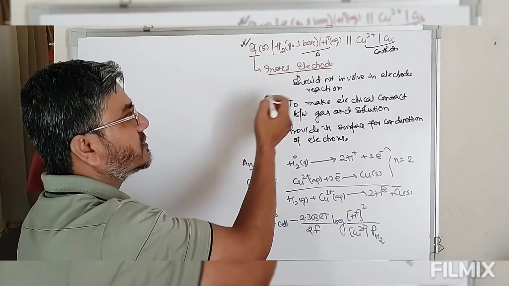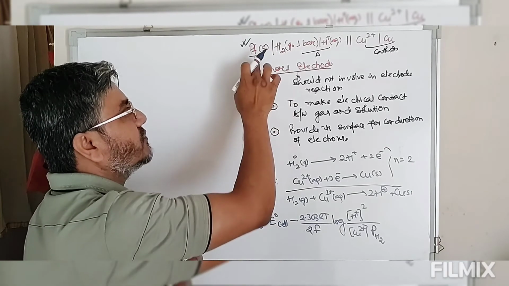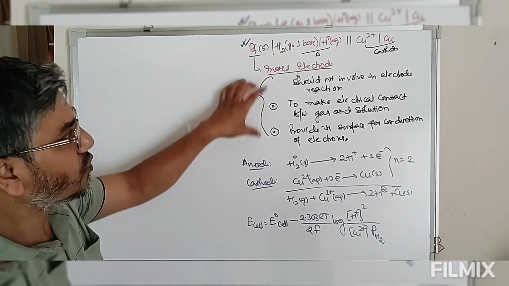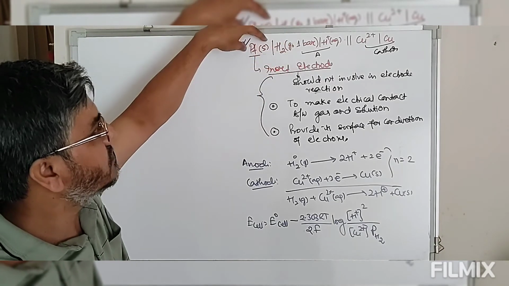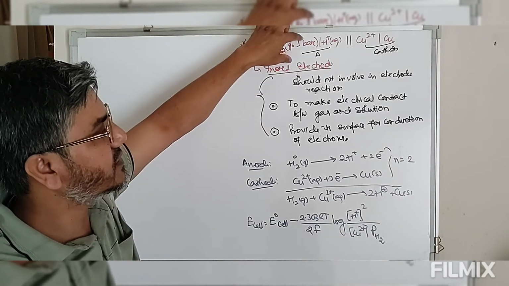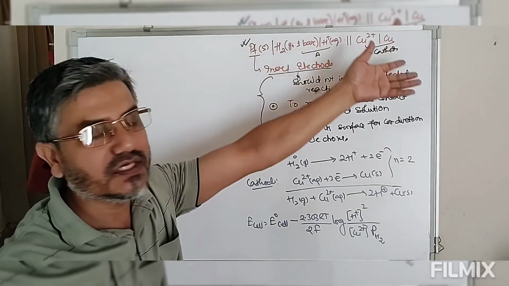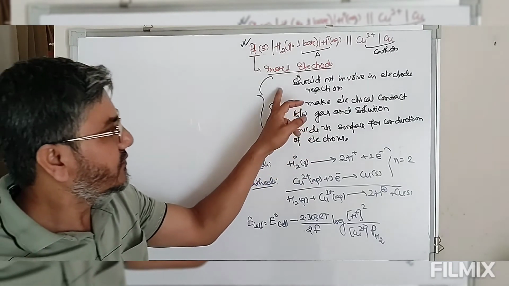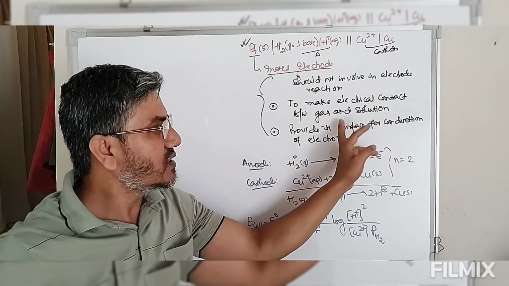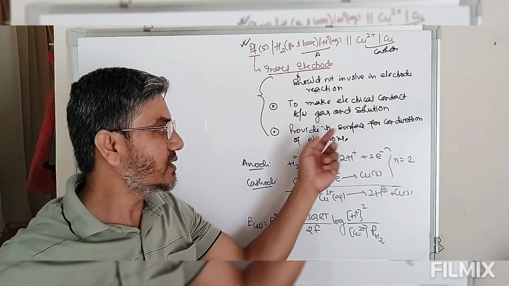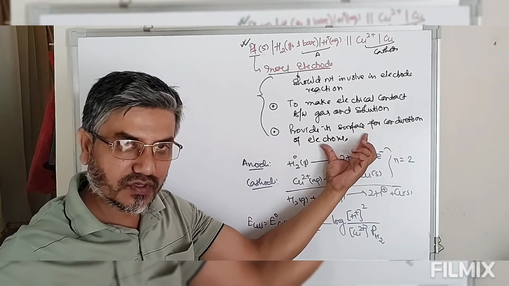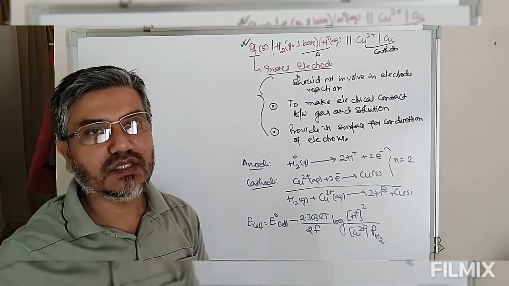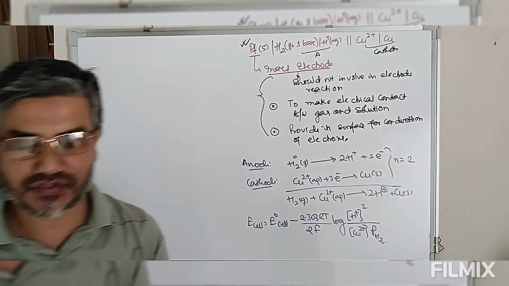Why am I introducing this point? Because for gases we have to use an inert electrode, and what is the purpose of this inert electrode? Why only inert? Because these metals should not be involved in a chemical reaction or with any of the species present in the electrolyte. First, it makes electrical contact between gas and solution and provides a surface for conduction of electrons. And this is how we write down the cell potential or Nernst equation.